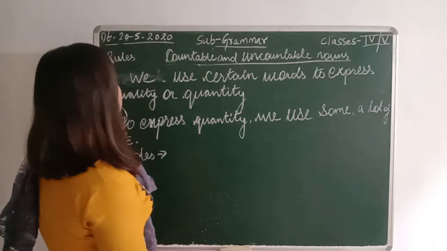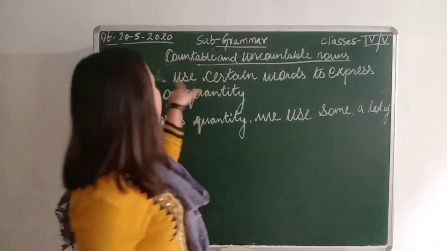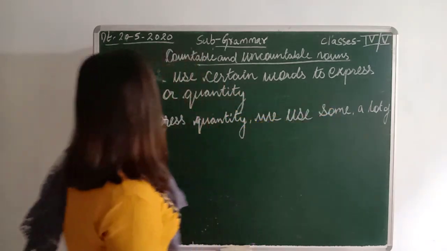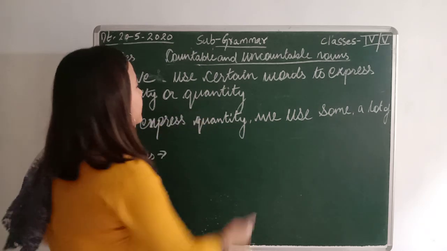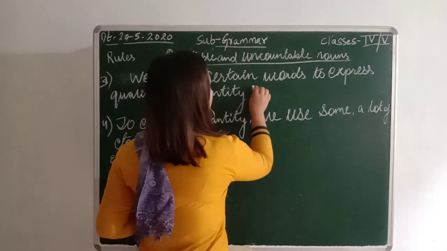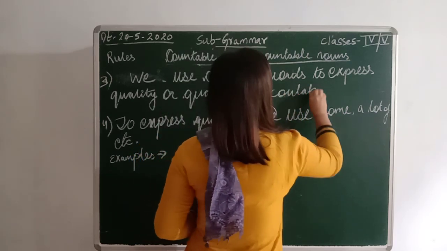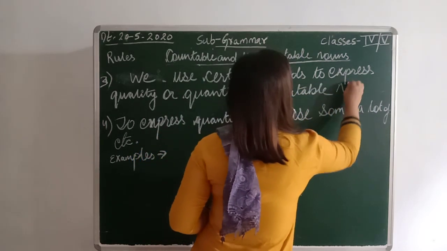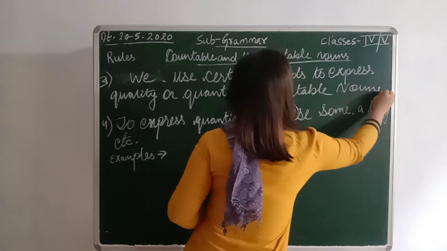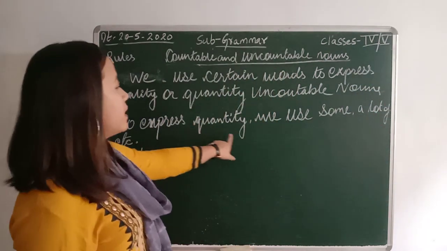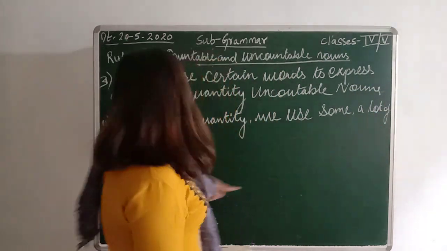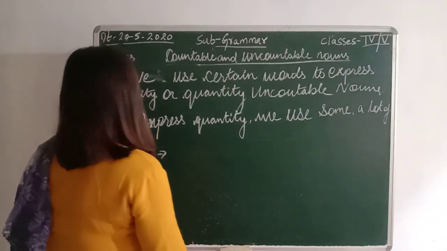So rule number 3 is we use certain words to express quantity or quality of uncountable nouns. To express quantity, we use some, a lot and etc. For example,